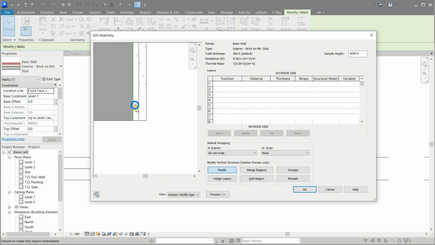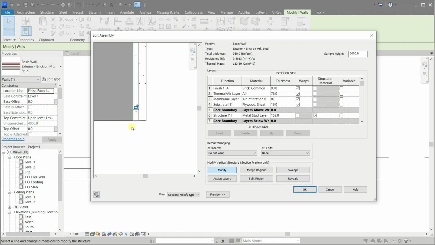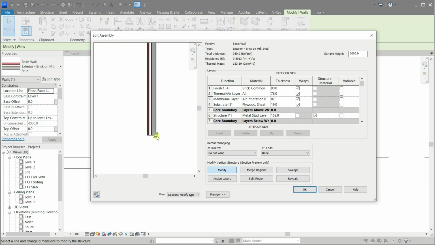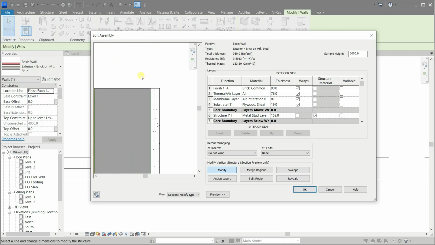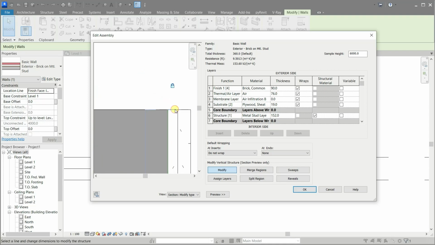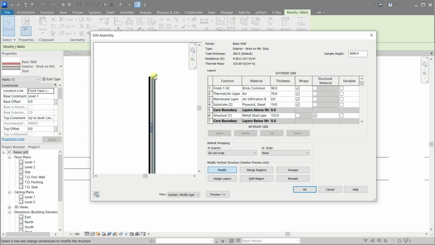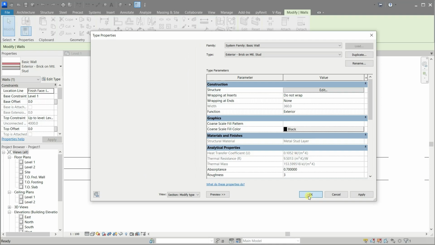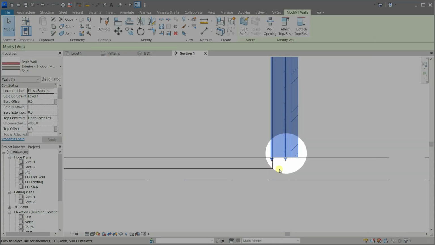Now let's unlock the internal wall layer. Now we have internal layers that we can move separately from the structural one.